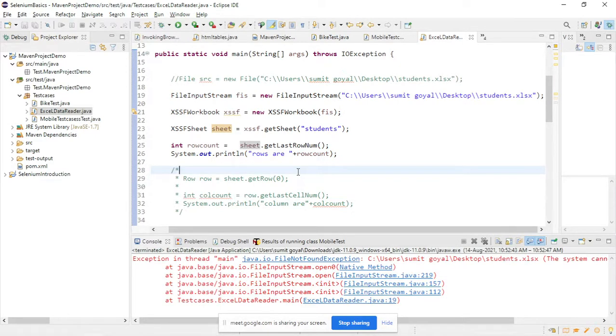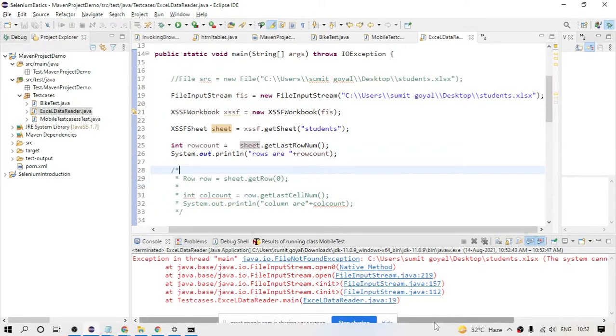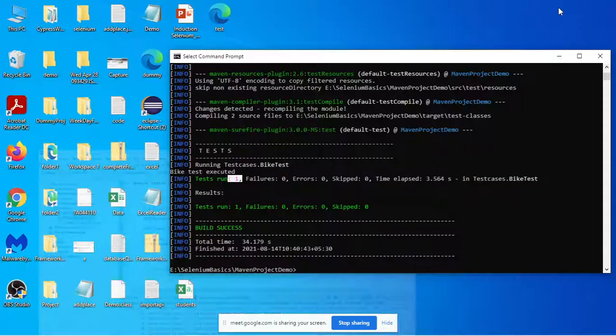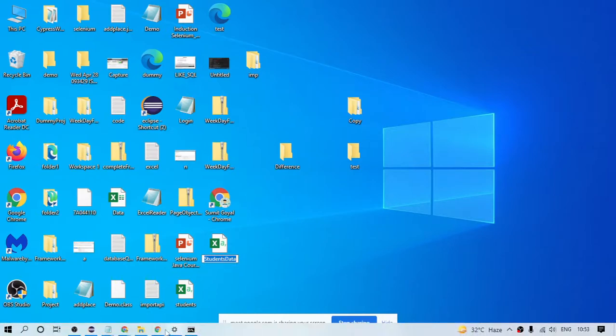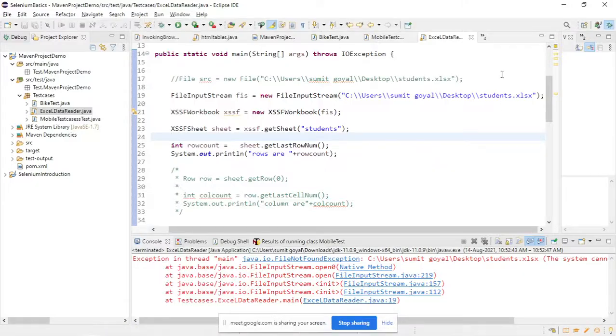Okay, again, the system cannot find it. Let me create one copy of this, I think. This is my file name, and I will run it.